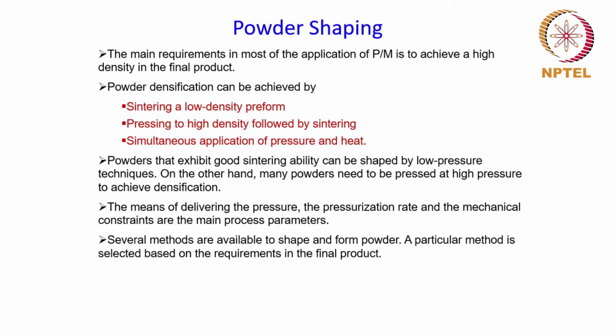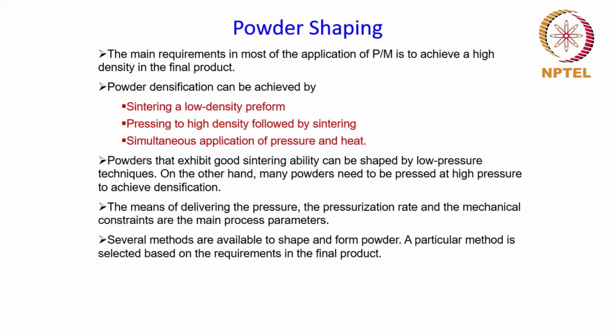Now, as I would have mentioned before also, powder metallurgy is all about shaping a loose mass of powder into a final product. And the main requirement in most of the applications of powder metallurgy is to achieve a high density in the final product. The powder densification can be achieved by the following processes: